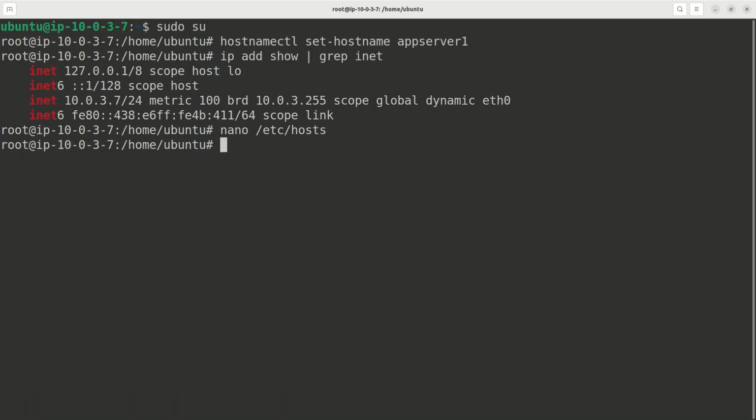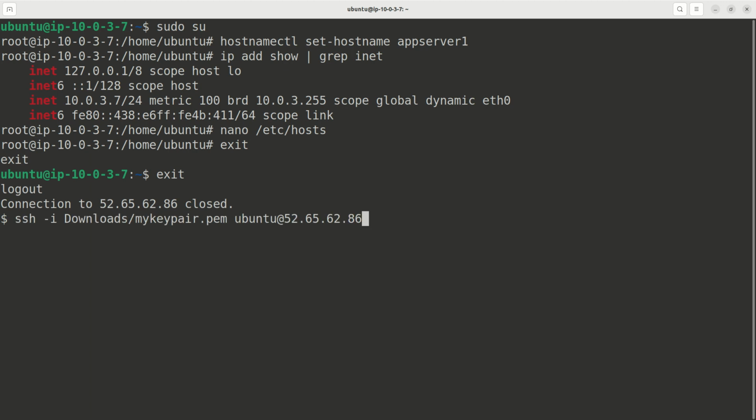So that's beautiful. Now what you can do is we can actually exit from here and exit, and we can log back in. When we log back in, it will have that hostname effective. But before I do that, since my main aim is to access the backend MySQL DB server, I need to pass that key using agent forwarding so that I can access from this host. So to do that, what we need to do is